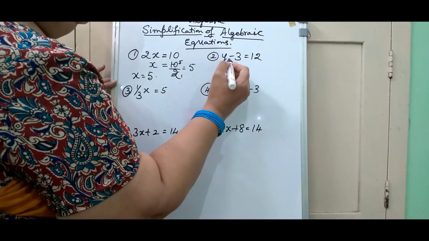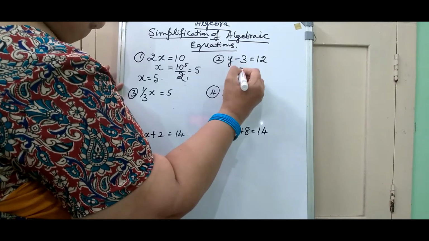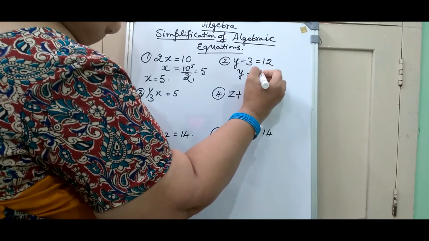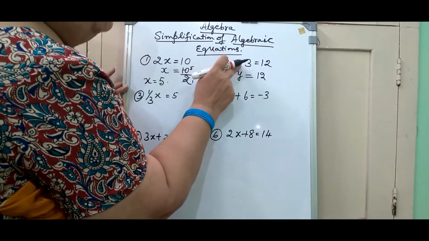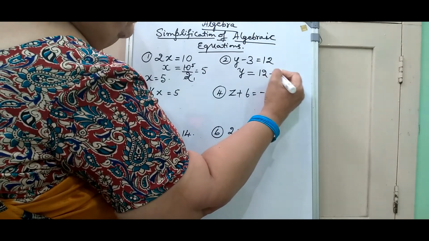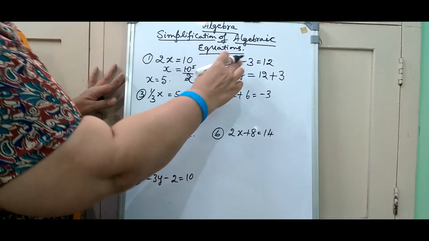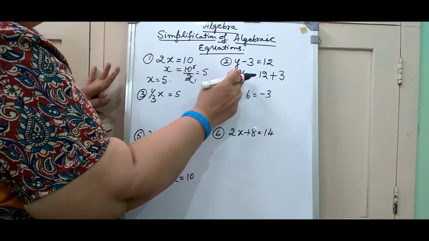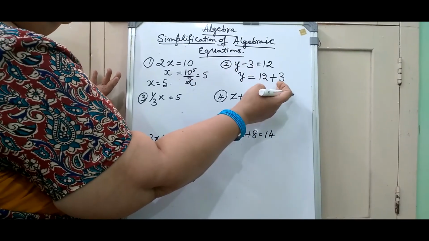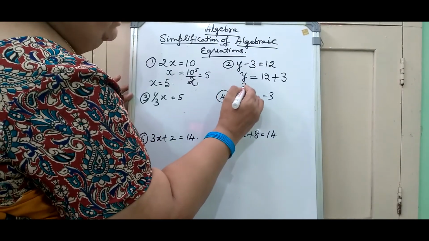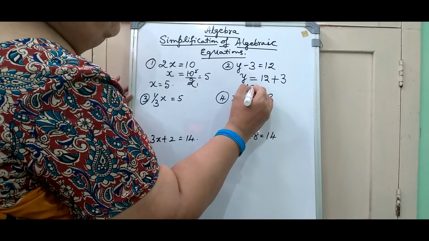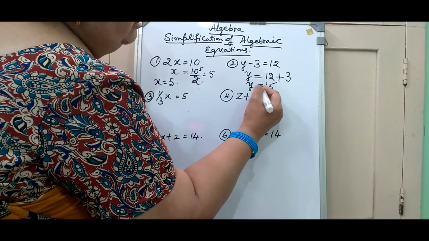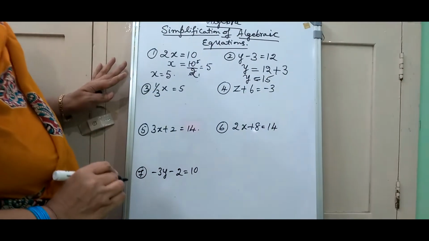y minus 3 is equal to 12. Let us retain the variable y on this side only. Again let me write the equals sign. First let us consider 12 and shift this minus 3 to the other side of the equation. Minus 3 will become plus 3; the sign of the number also changes. The minus sign has changed to a plus sign when we shift it from the left hand side of the equation to the right hand side. Now we can add: 12 plus 3 will be 15. So y is equal to 15 is the answer here. The value of y will be 15.